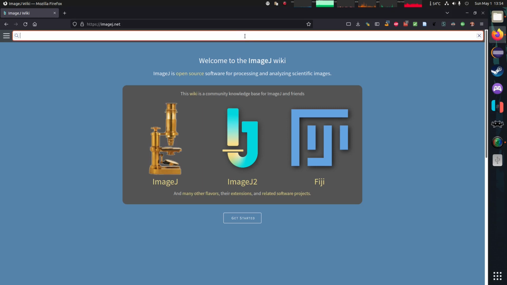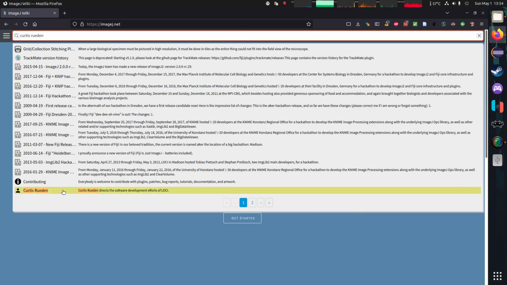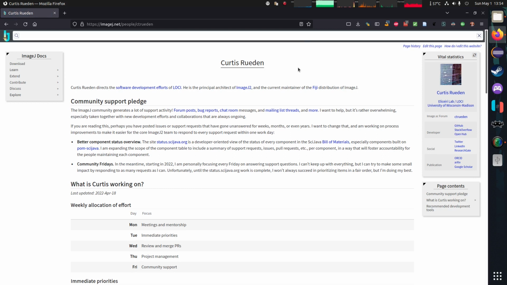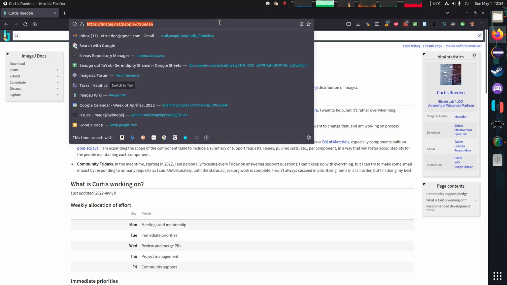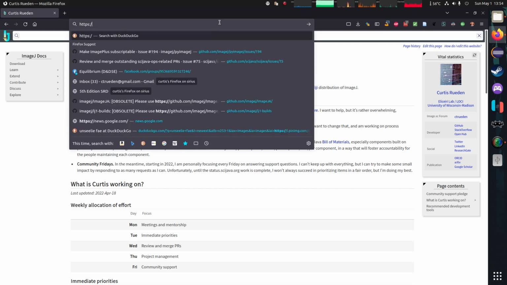My name is Curtis Rueden of the Laboratory for Optical and Computational Instrumentation, Kevin Eliceiri's lab at the University of Wisconsin-Madison. I'm going to be walking you through the Jupyter notebook that I have developed to showcase what PyImageJ can do and demonstrate some tips and tricks that you can use for doing your own science. We are going to start by accessing